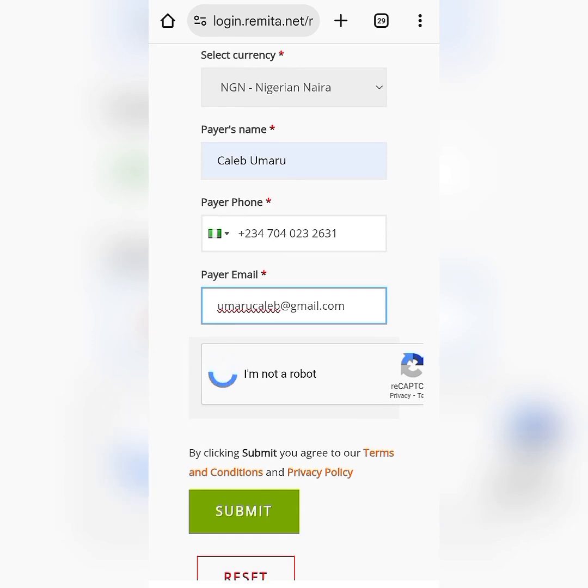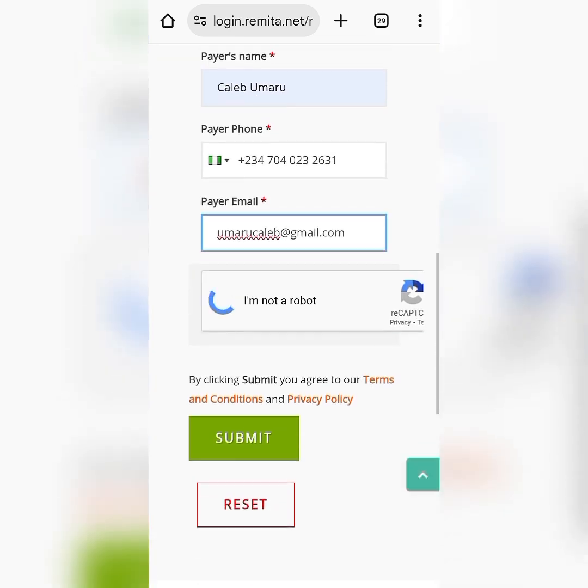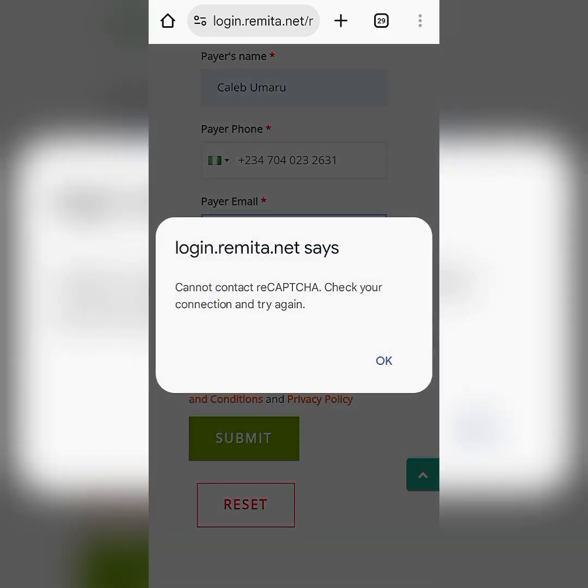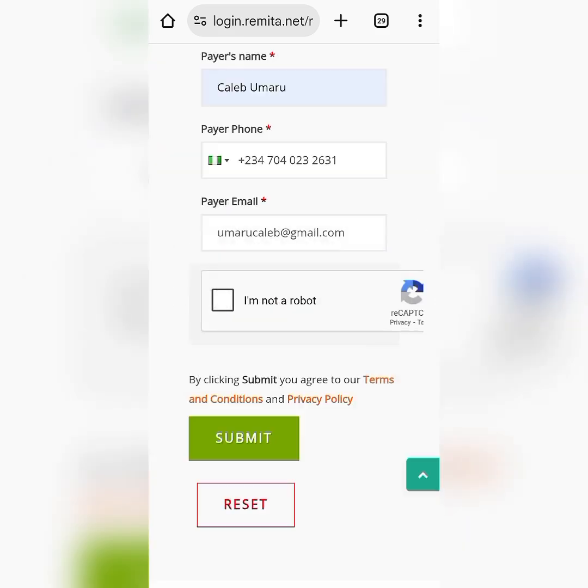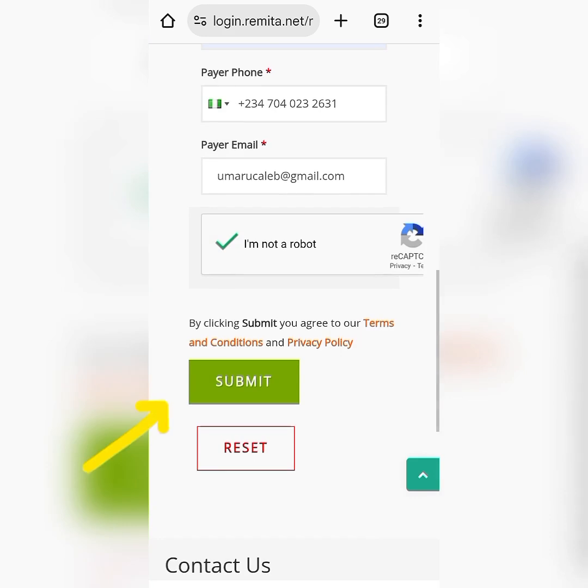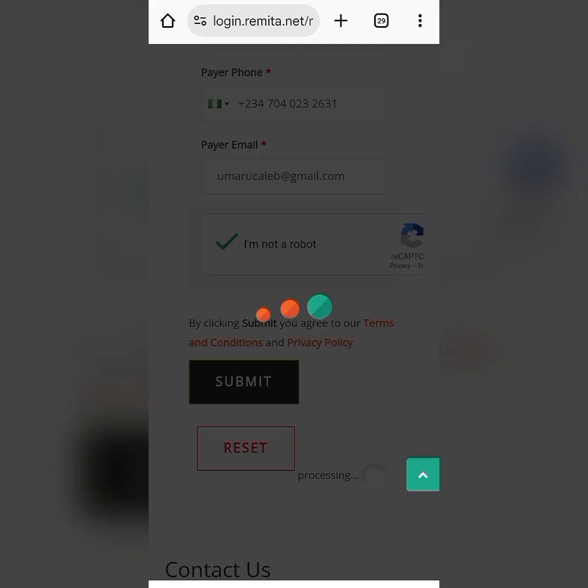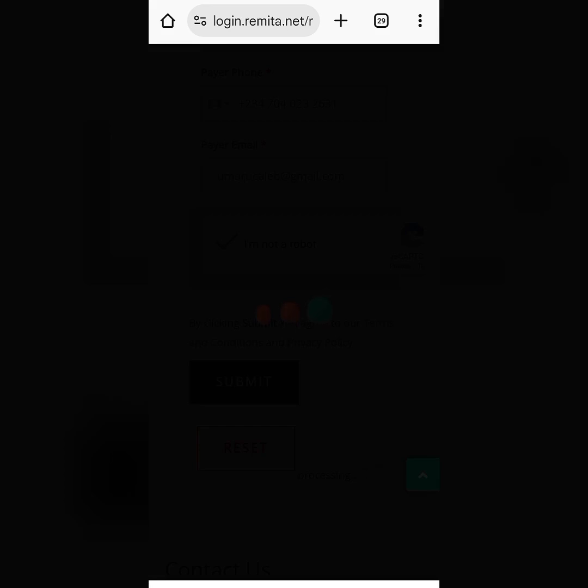The reCAPTCHA before we submit the application. Okay, so our reCAPTCHA is now correct. So what we do now is submit. We are submitting the application. Next, it takes us to the payment portal to pay.